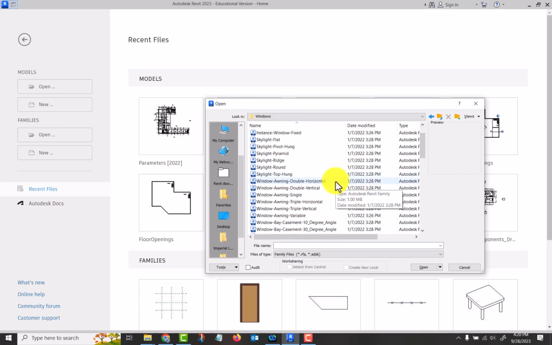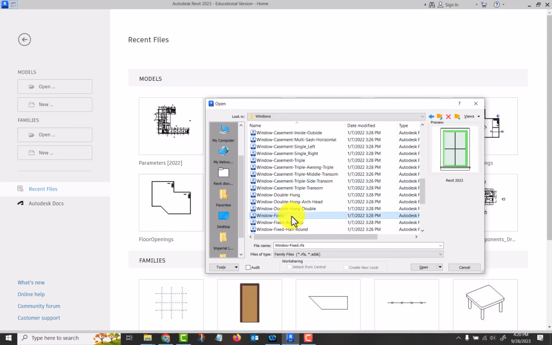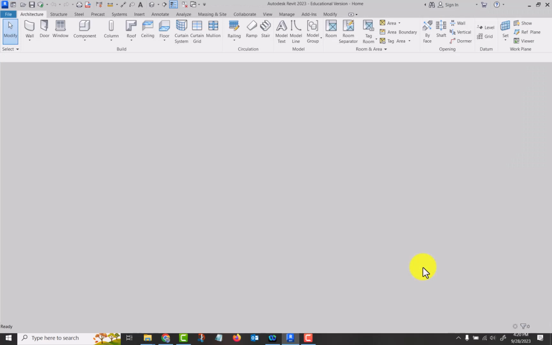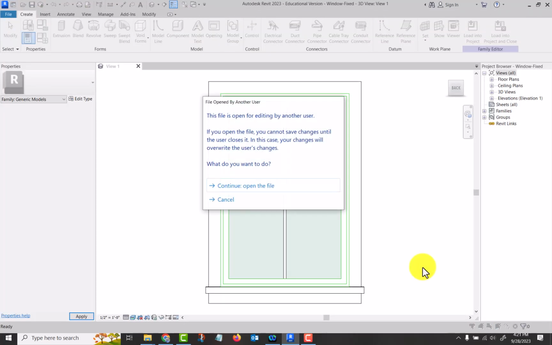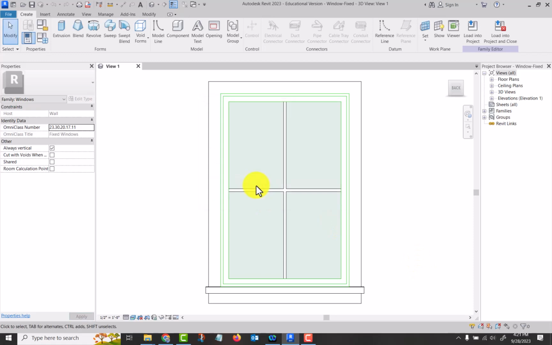Let's, where's our fixed window? That might be the easiest one to look at. Let's look at a window fixed. Weird. Okay, open file. All right. So when we look at this,